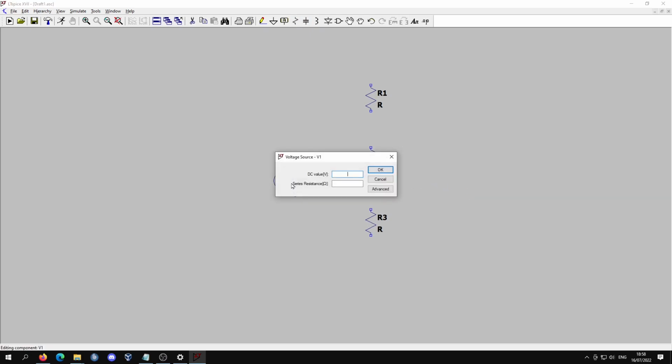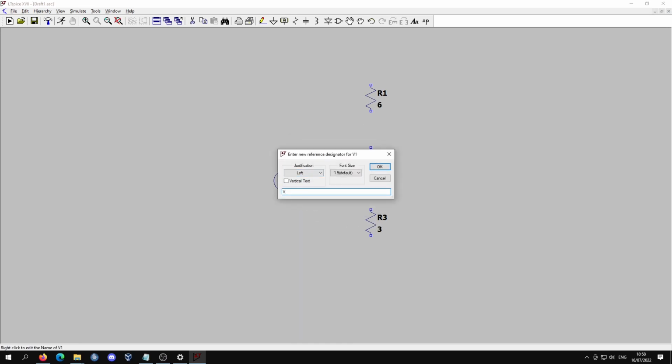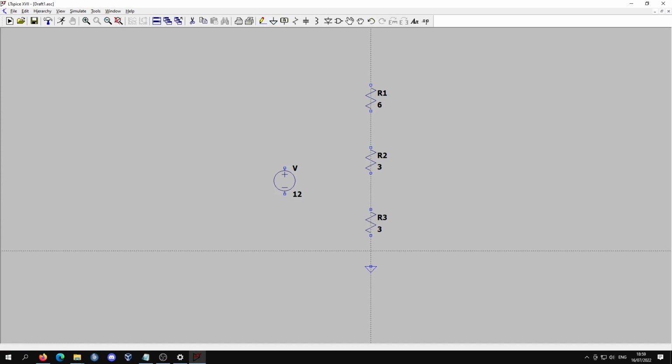Now we can edit the names and or values of the devices by right clicking on every single one of them. Next we have to insert the ground because voltages are measured towards the ground in the simulations. Finally we connect the devices with each other using the line tool. Note that you can draw the line through devices and they will be connected properly.